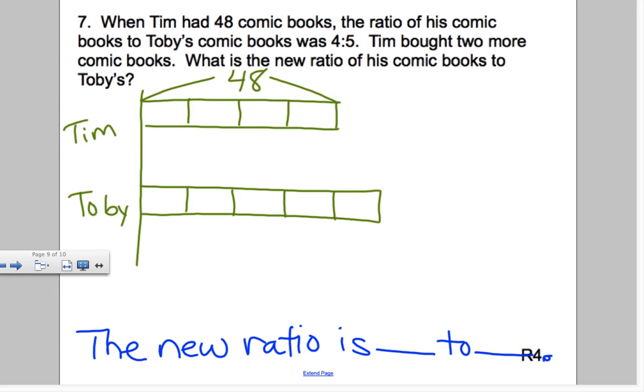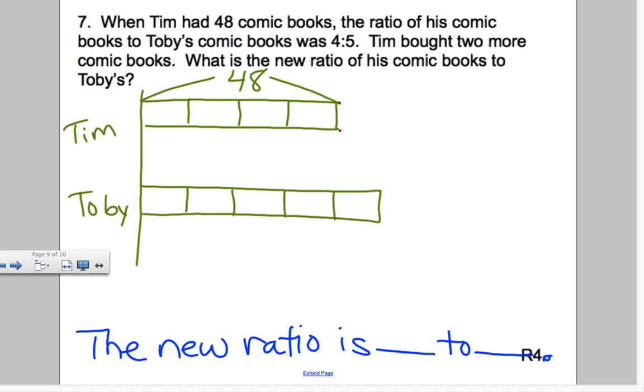Now what else do we know? Because obviously Tim doesn't stop there. Tim bought 2 more comic books. Yes, and this is why I state this. You guys see this bar? Before we add on, we have to figure out how much, to make it a little accurate. Because if I was going to add 2, okay, I use a dotted box, but hang on, don't do that yet. Do you think that 2 really represents that big of a box? No. So that's the issue. Before you can add on, you need to figure out how much these boxes are worth. Can we do that? Yeah.